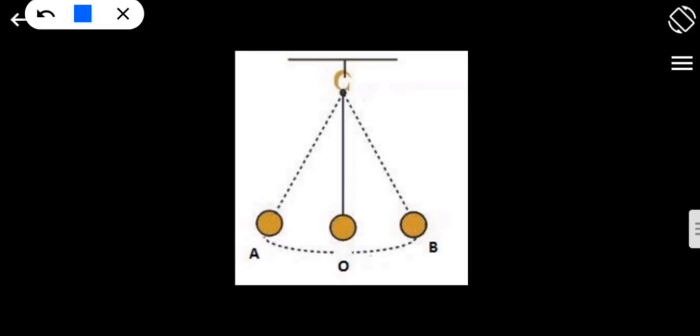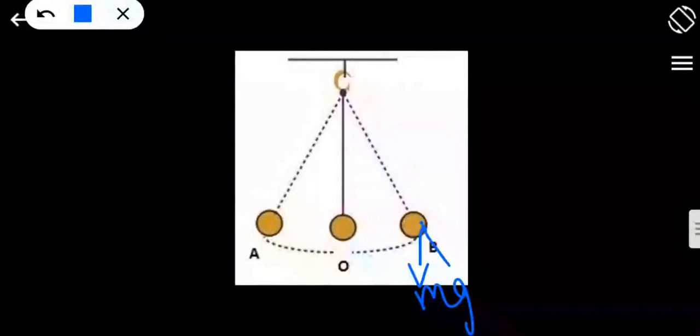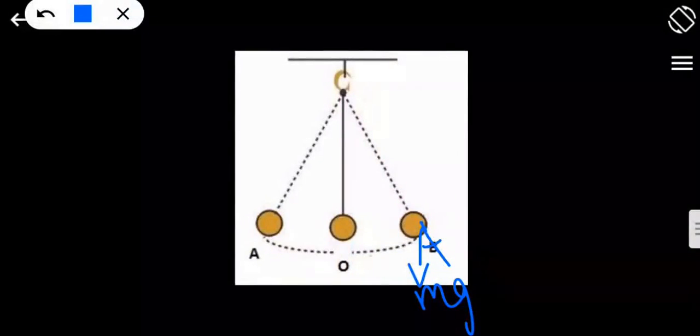So here if I do the derivation, obviously we know it very well, only weight is the force which is acting, right? And that weight is known as mg. And where exactly the mg is working right now, here I can take the angle theta. Okay, this I will take the angle theta. As you can see the image clearly, let me make it broad again.